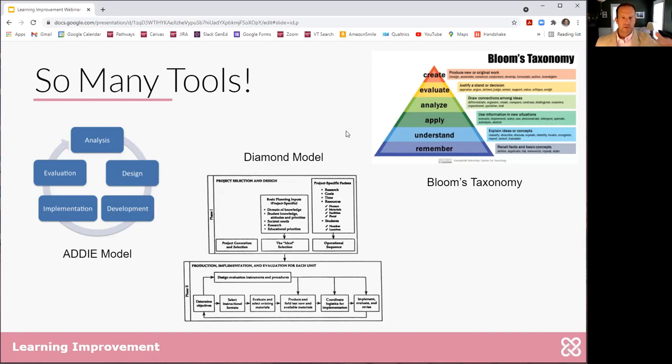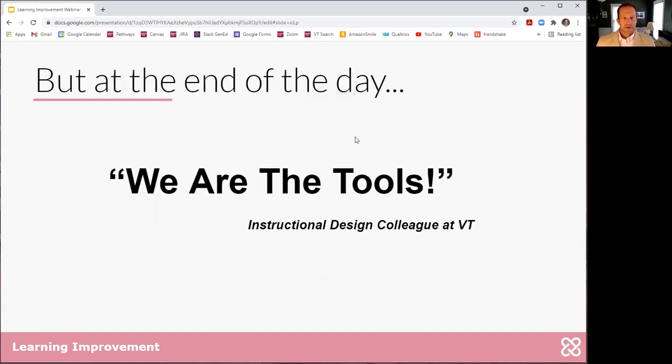So again, there's lots out there. We'll be referencing some of these in the summer course. These are some of the things we'll hopefully be familiar enough with that you're not a licensed instructional designer, but you have enough to help them go get the help they need. What is actually the issue? Uncover what the real problem is to move forward. And I'll say this, there's a lot of tools out there, but at the end of the day, we are